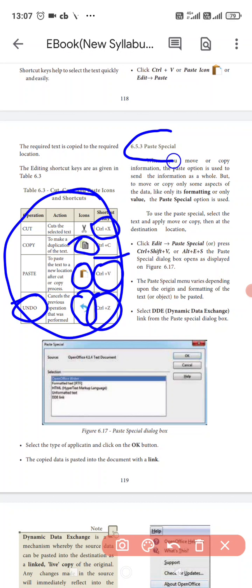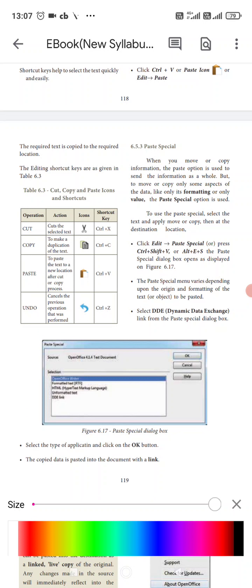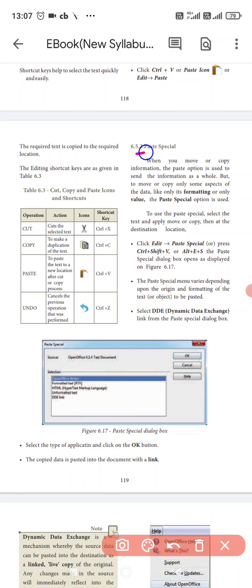Paste special means that when you move or copy information, the paste option sends all of the information, but to move or copy only some aspects of the data, like only formatting or only values, you use paste special. For example, if I want only the table, or only the color, or only the value, you can paste just that. There are many such special options. That is called paste special.